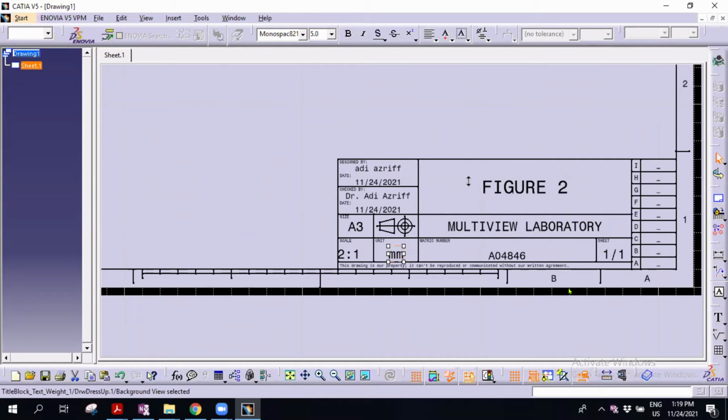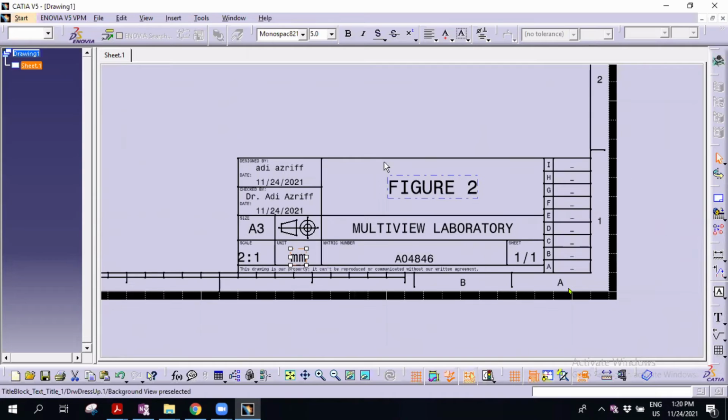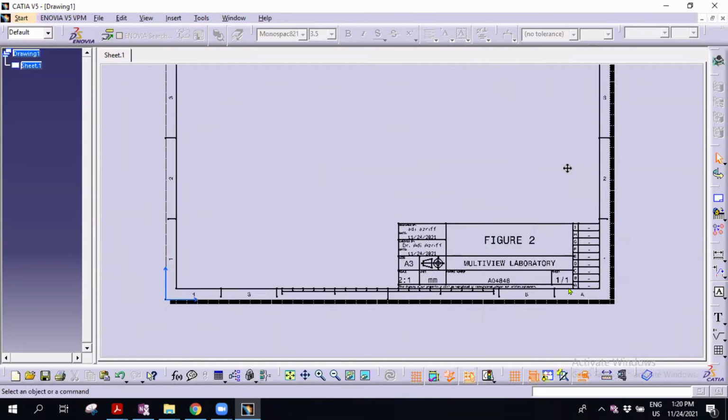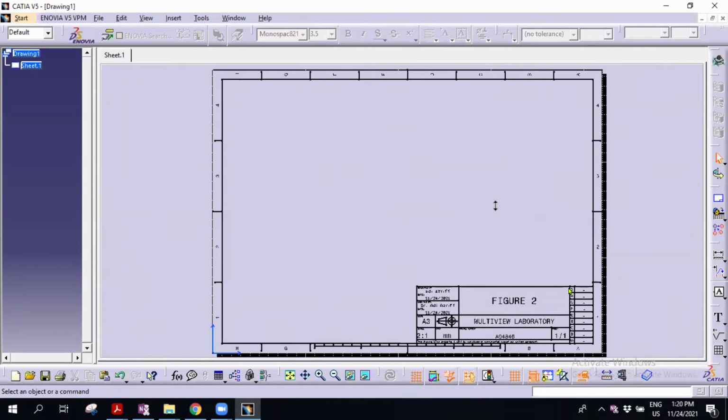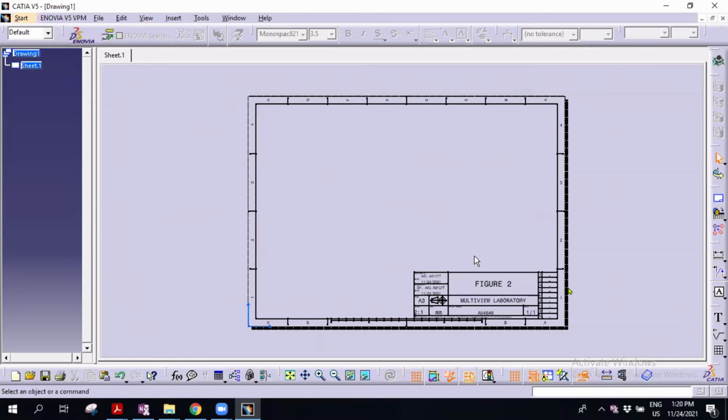So you need to change. This is the standard that I want my class to have, to submit. So now you have done with the title blocks. What I want you to do is, for example, we want to do the multi-view. So you cannot do multi-view in this sheet, because on the right side we only have